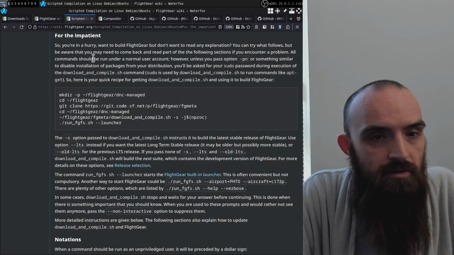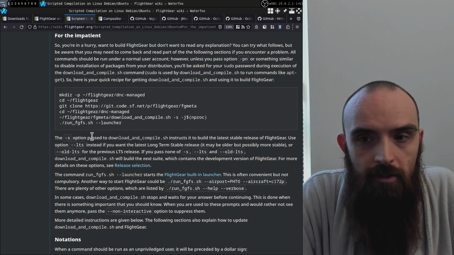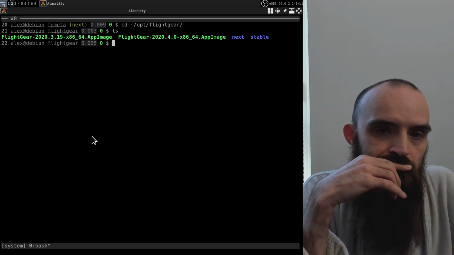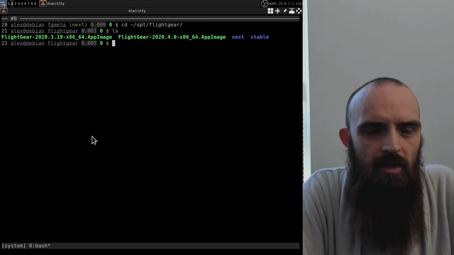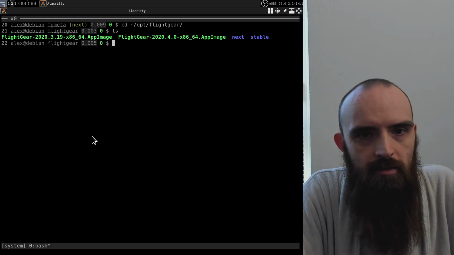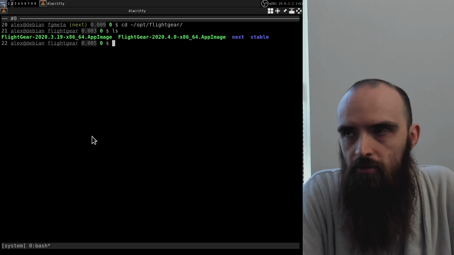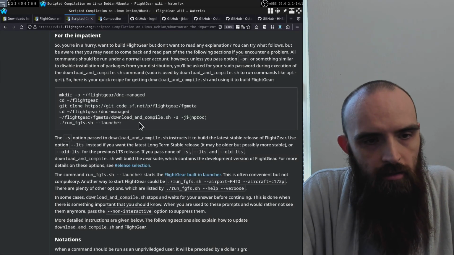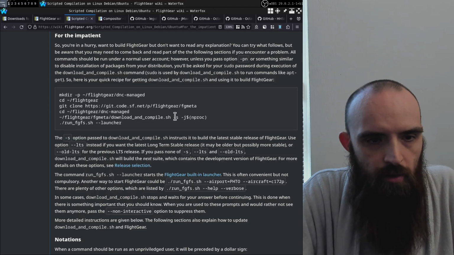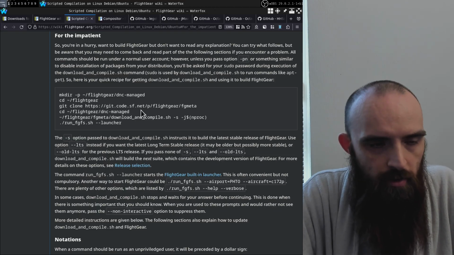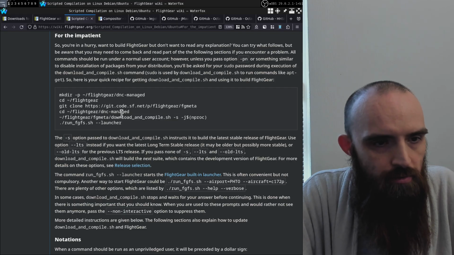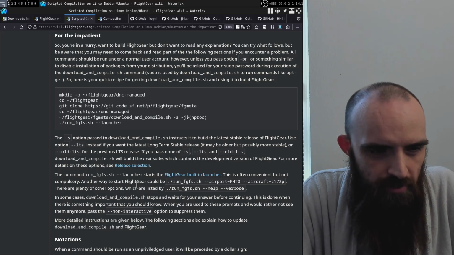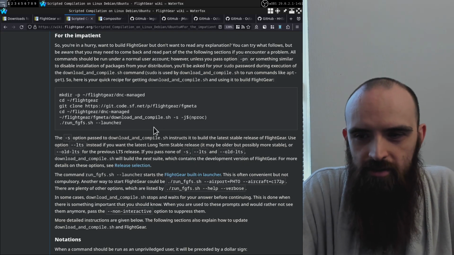Let's just talk about the compiling here. I just created these subdirectories next and stable, and basically you need to create an empty directory, and you run that script there with specific options. So we're almost at the point where I'll be showing you how it works. Just some things that they mention here in the article is that you shouldn't run the script